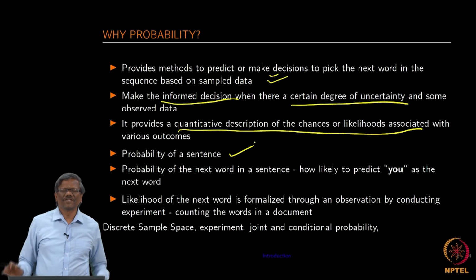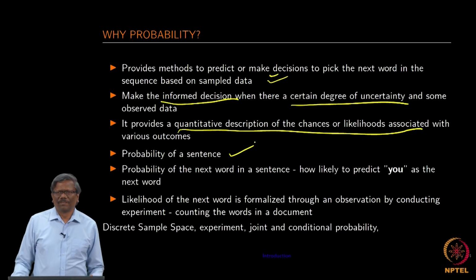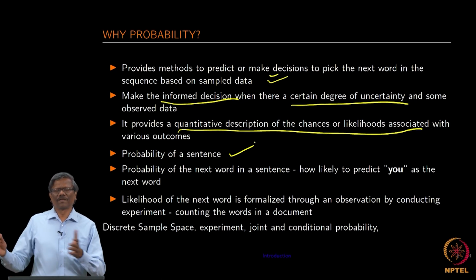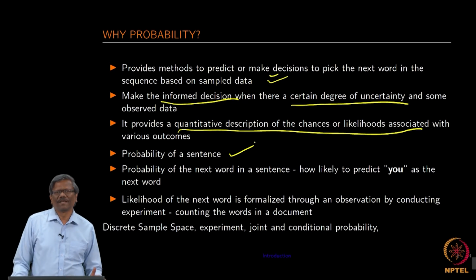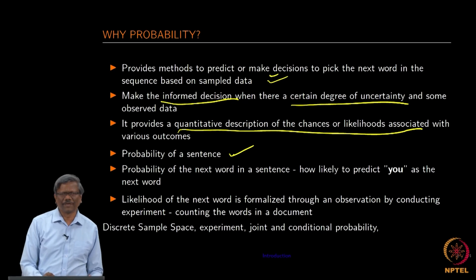For example, assume that I have looked at the entire corpus and made all the statistical counting, and then I am just giving a new sentence which consists of, let us say, 4 words. So, what is the probability of this sentence being part of the corpus is something that we can deal with if we know the entire